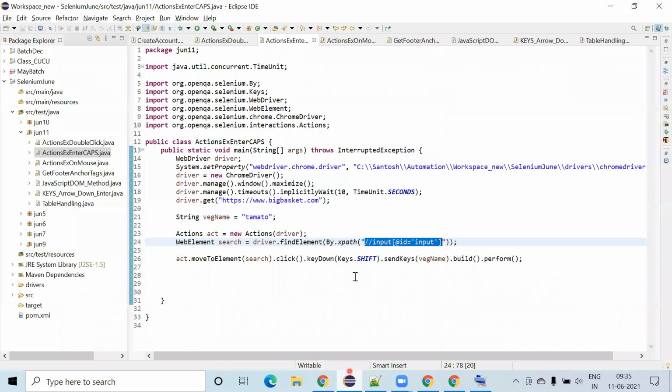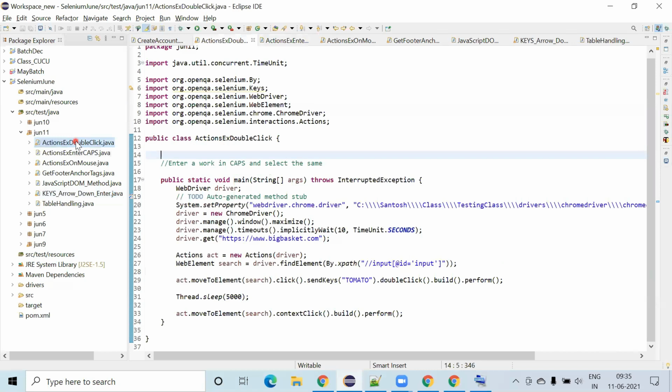So this is how you do capital letter operations whenever you want them. And like the same, we have one more thing, double click. 99% we do only a single click on the website. Yes or no? Yes, sir. 99% we do only single clicks on websites. On websites we do the single click, and for Windows operations,